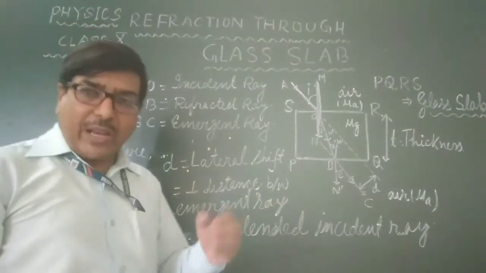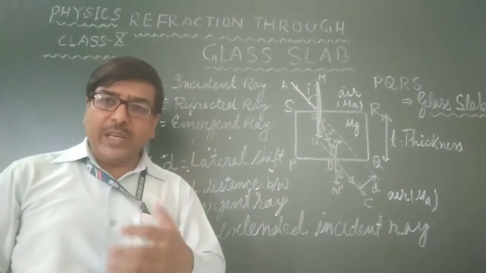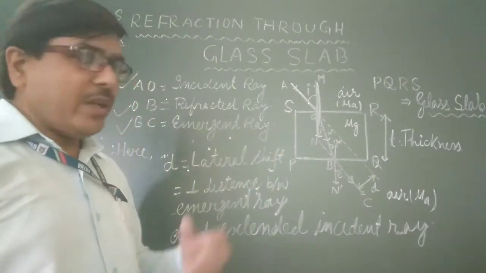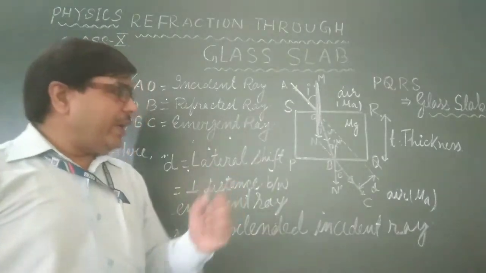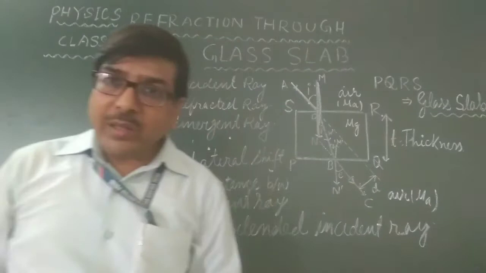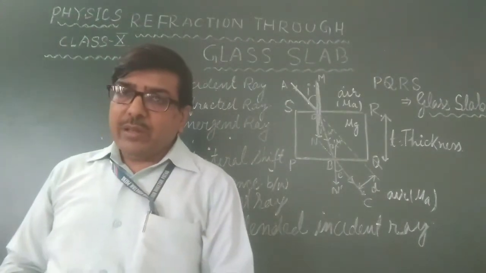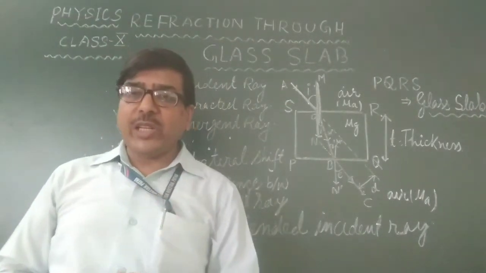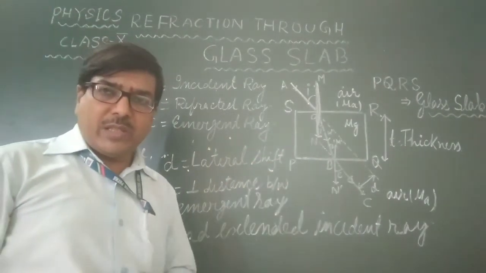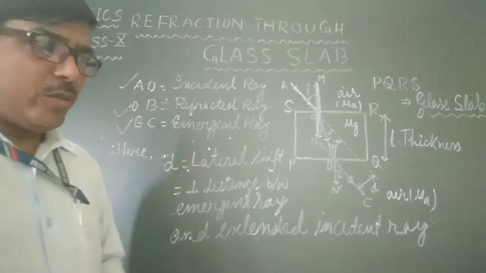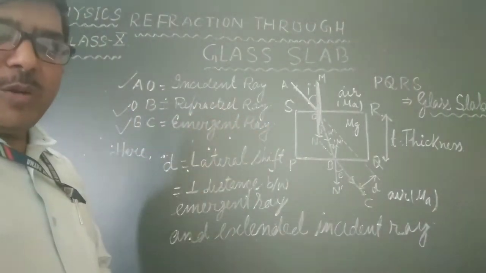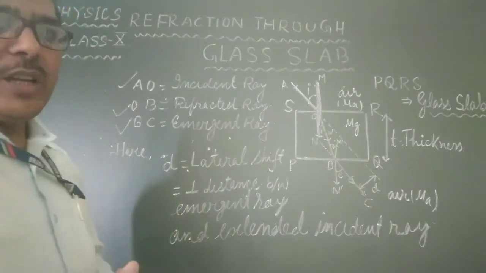optical media. Refraction only takes place if at least two optical media are present. So when light travels through different optical media, the path of the light is changed. The phenomenon of change of path of light from its original path is known as refraction of light. So the phenomenon of bending of light from one optical medium to another medium is known as refraction of